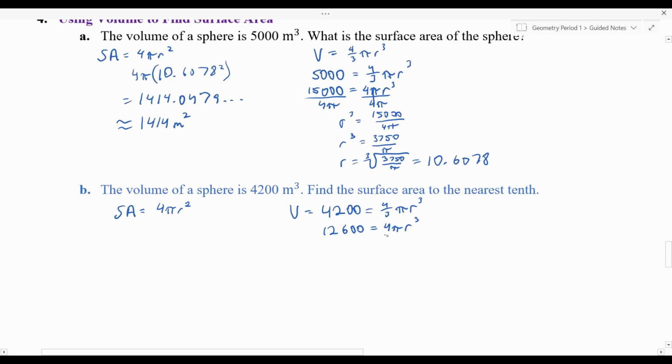Then I go ahead and divide everybody here by 4 pi. This fraction over here leaves me r cubed. And this 12,600 divided by 4 does clean up to 3,150. 3,150 divided by pi. Okay, then I take the cube root of both sides to get r by itself. So I get r equals the cube root of 3,150 divided by pi, and r is going to be